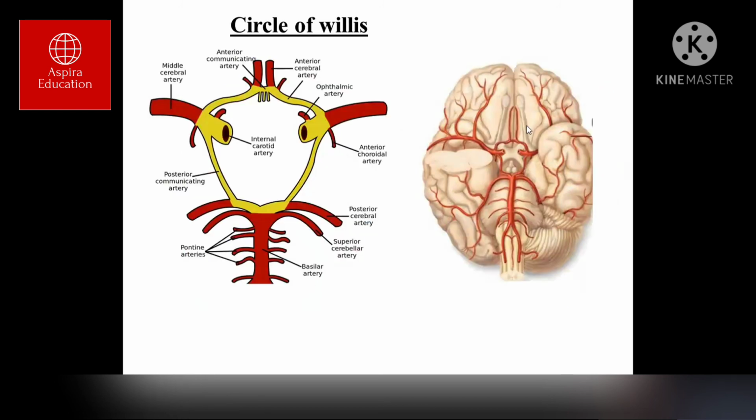So this is the circle of Willis. Here you can see the two vertebral arteries, which join to form the basilar artery. The basilar artery ultimately divides into the posterior cerebral arteries. This is the division of the basilar artery, which gives rise to the posterior cerebral artery on either side. Now, the posterior cerebral artery is connected to the middle cerebral artery by what is called the posterior communicating